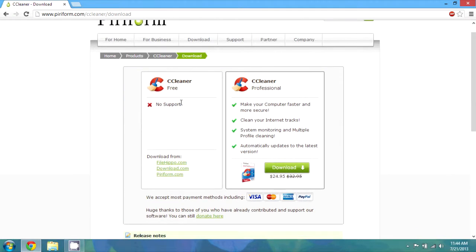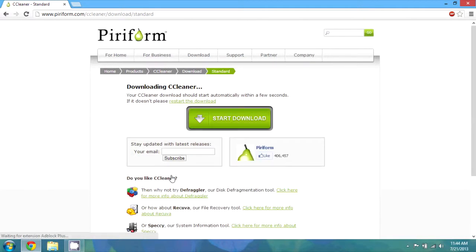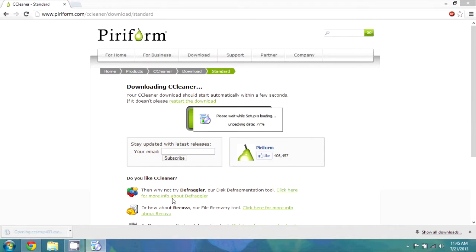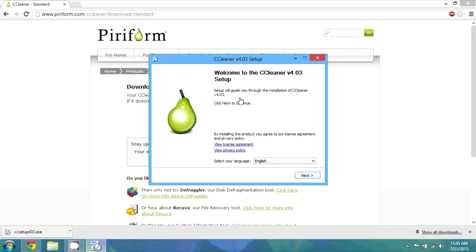and there's a free version of CC Cleaner which is available to download from these websites. So just click on piriform.com and you should see that it started downloading. Now, when that finishes downloading, what you will want to do is set it up. So open it up, and you can see we're started with a setup. So select your language, English, obviously for me,